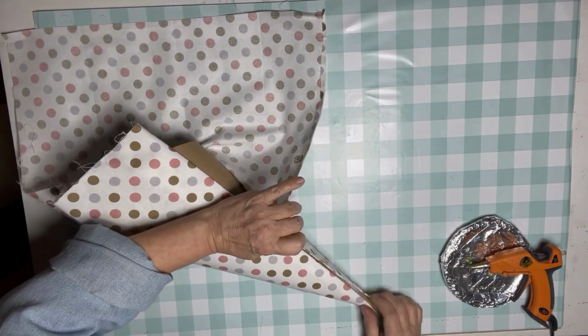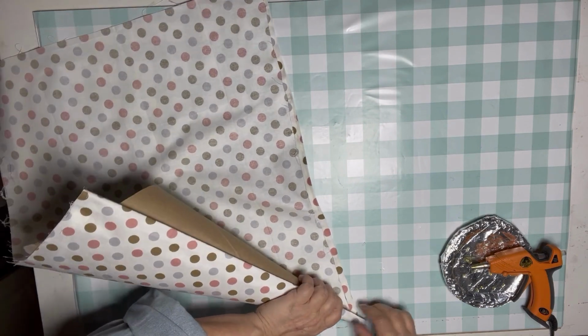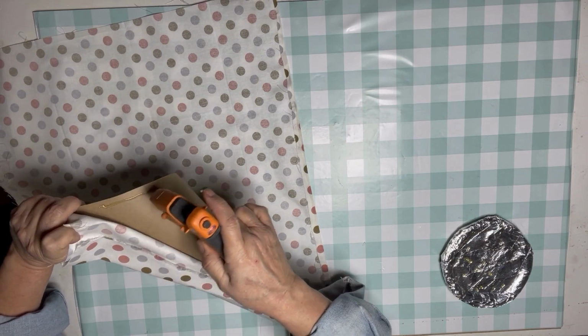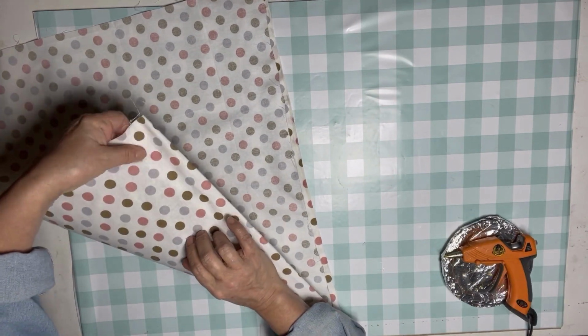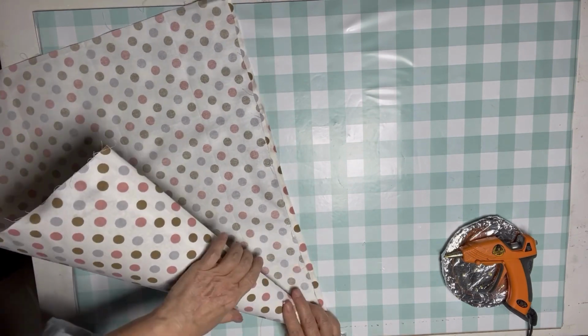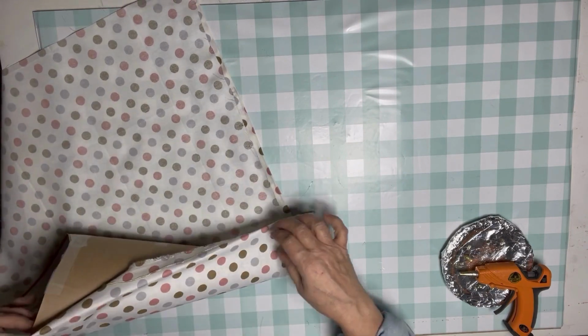When attaching the fabric, I made sure that I left the seams so they would show only at the back of the cone itself. I didn't want anything like that showing up at the front. And I did not trim any excess off. Everything was just tucked inside. After that came the